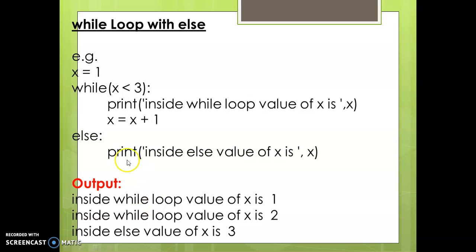So next, while loop with the else. We can also use an else in a while loop. For example, x equal 1. What is x here? X is a variable, equal is the assignment operator here, and 1 is a value which is assigned to x. So see the condition here: while x less than 3. This is a Boolean expression. If this condition becomes